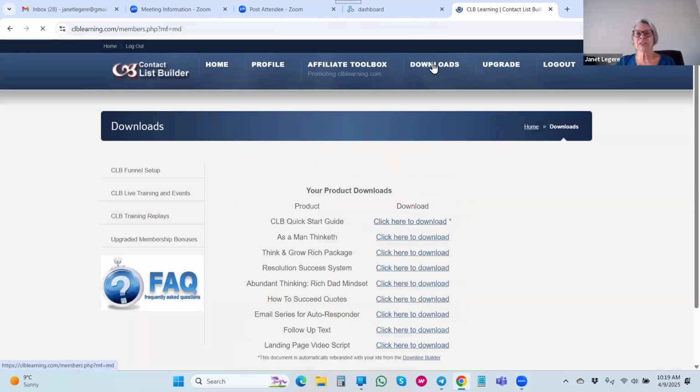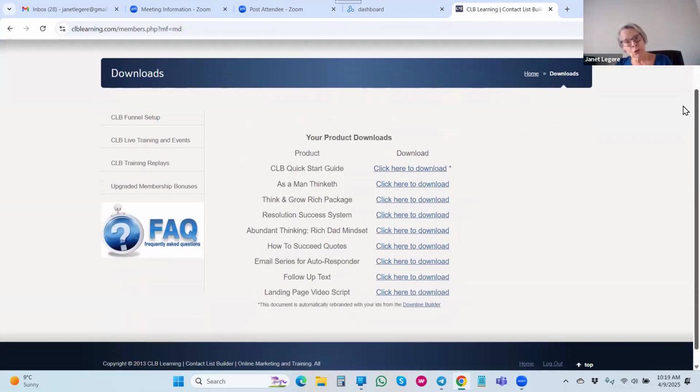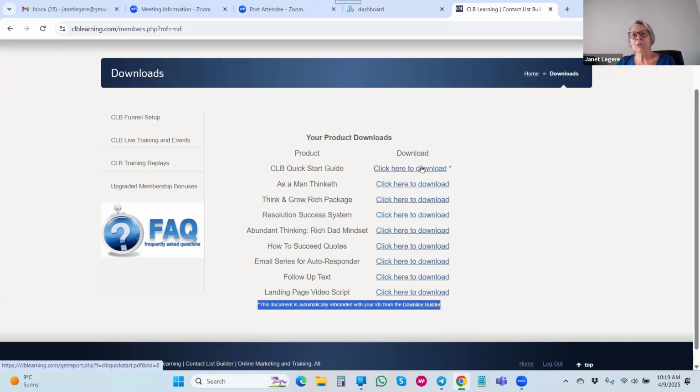Let's start here with the downloads. Now when I click on download number one, there are more downloads. So we have the Think and Grow Rich package, As a Man Thinketh. I think those are different. Otherwise, we have the quotes, but you'll see here, this document is automatically rebranded with your IDs from the downline builder. So when I download this report and open it, the IDs that are in that report are all connected to the IDs that I have